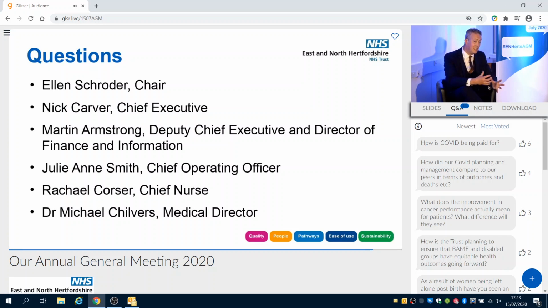So the expectation is by the end of this emergency period, this is probably going to be to the end of August or the end of September, to have a break-even position. Our costs will match our income, and then beyond that, I think that's still being designed. I think there's a wider question in terms of actually how we're going to pay for this as